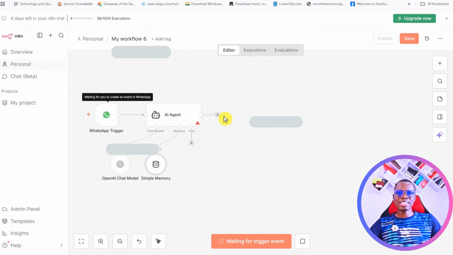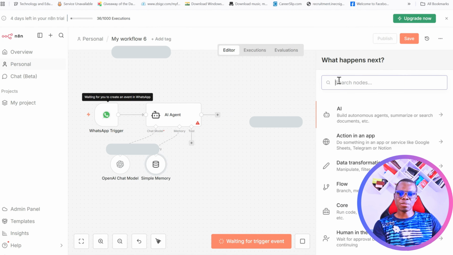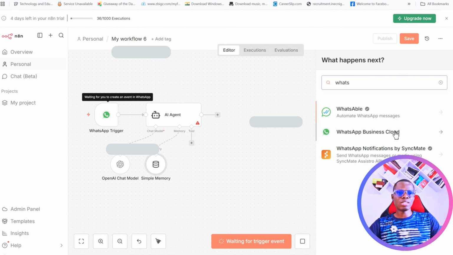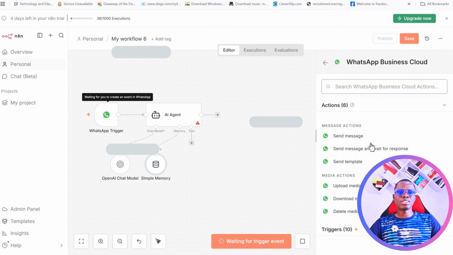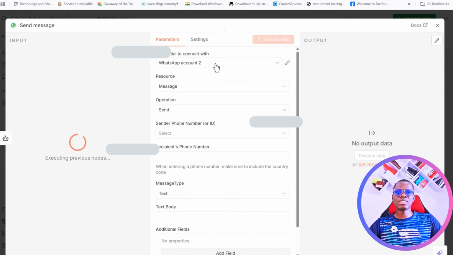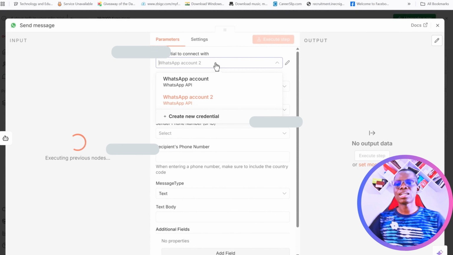The last thing that I need is also a WhatsApp. So I want to add a WhatsApp. But this time around, this one is doing what? We are receiving a message. You are sending a message. The first one is receiving a message. The last one is what? Is sending a message. So send a message. So I chose send a message. We also need to add a WhatsApp